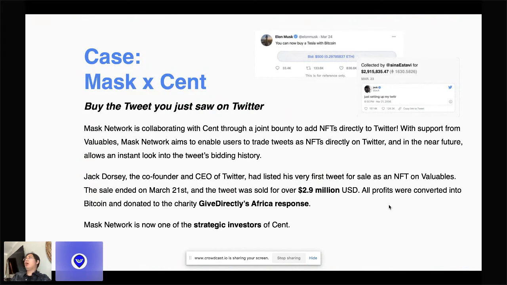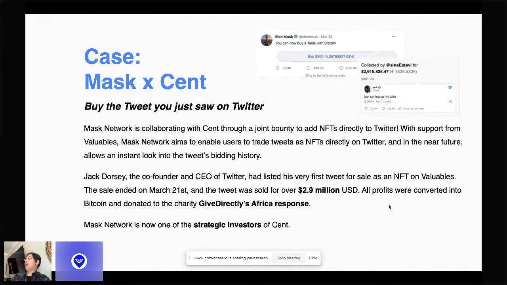sold some tweets. But the key, in my opinion, to a larger scale of success is to enable 100 teams like Cent, 100 teams like RSS3 or Haha NFT, to do random and very innovative different things in a very low-cost way of development. And even without permission of Twitter, Facebook, YouTube, that's the most important thing. It has to be a permissionless Web3 and Web2